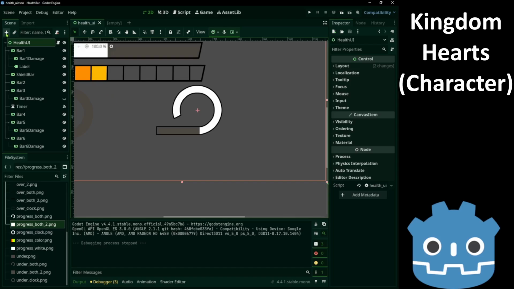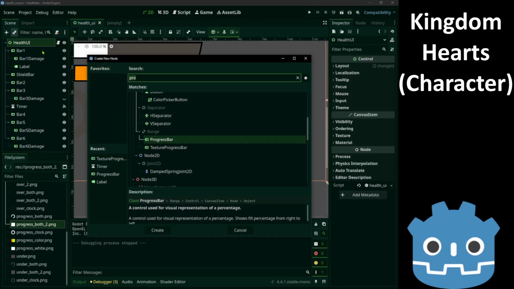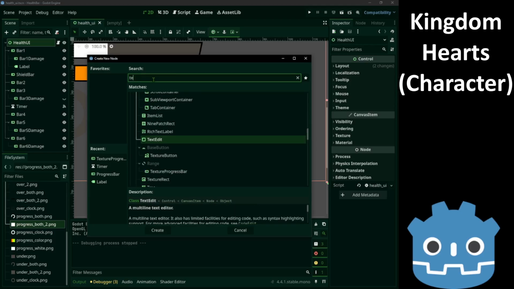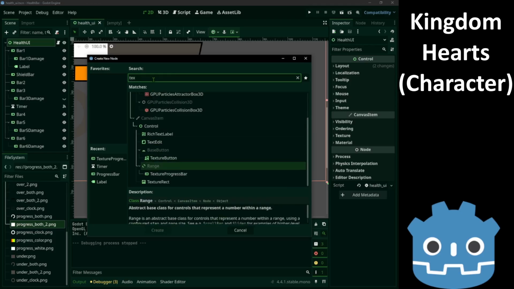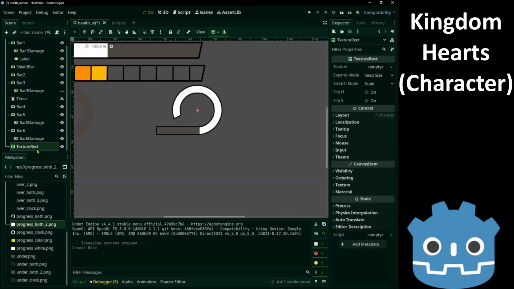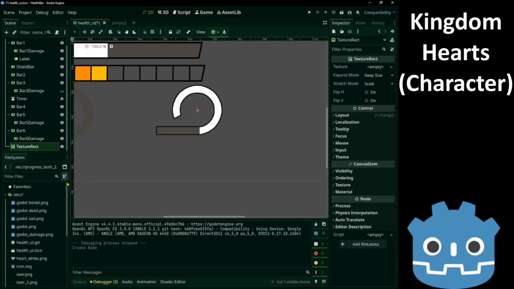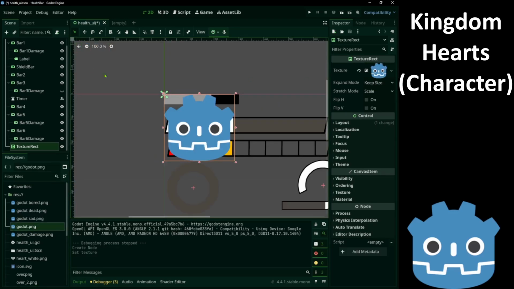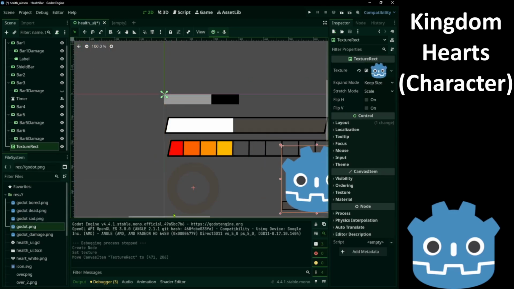Since we're doing a Kingdom Hearts health bar, we might as well add the character. Pick texture rect. And set Godot. This is just a PNG of the Godot mascot.